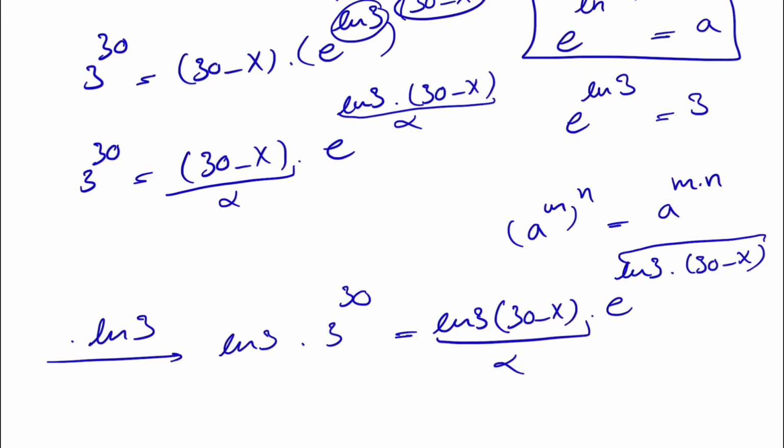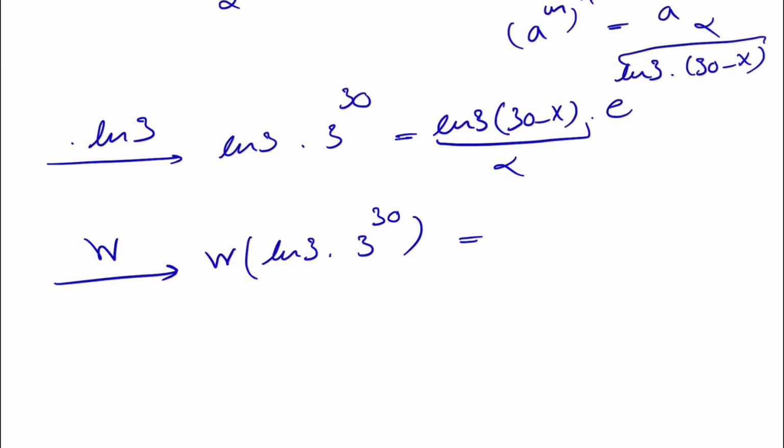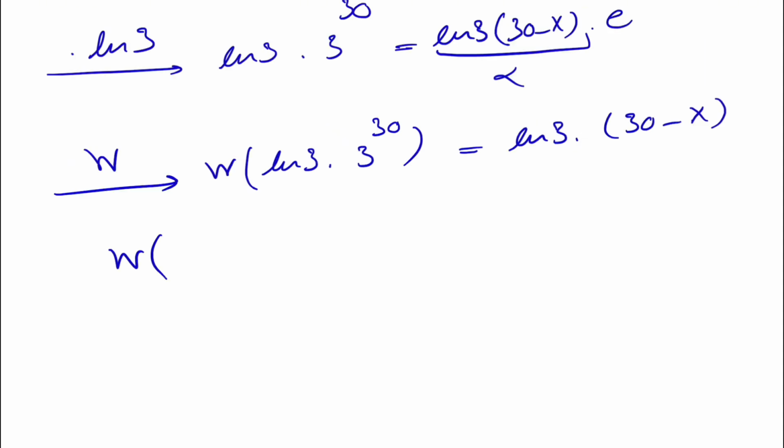Now we have alpha here, we have alpha here. Now if we do the Lambert W function, from the left side we have a Lambert function of ln of 3 times 3 to the 30, and on the right side we have the Lambert function which would be equal to alpha, which was ln of 3 times 30 minus x. Now we have to do something for the left side of the equation because we have the Lambert function of 3 to the 30 times ln of 3,